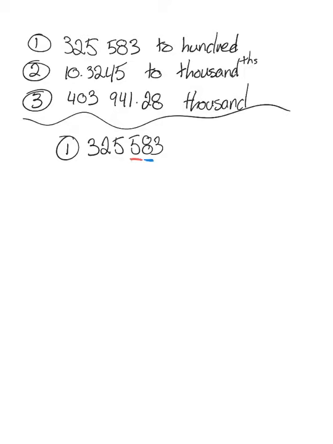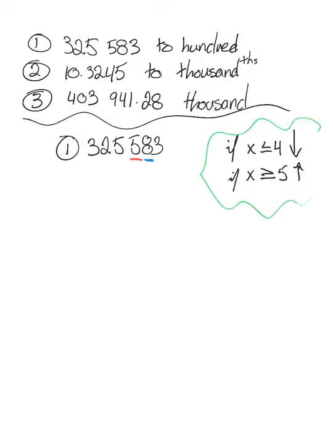The rule is, if x is less than or equal to 4, you round down, and if x is greater than or equal to 5, you round up, where x is going to be the number just before the place value that we're rounding to. So if we want to round to the nearest hundred,